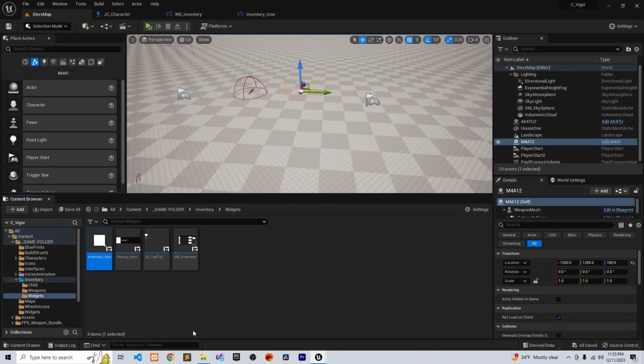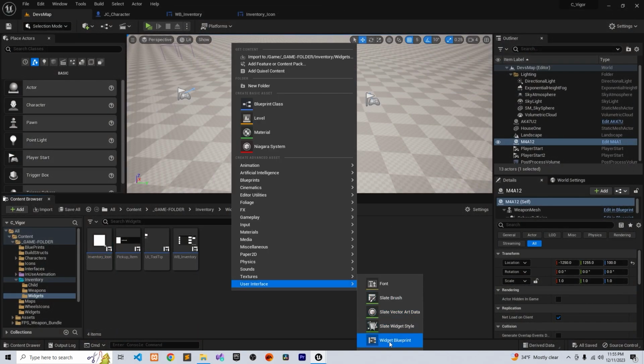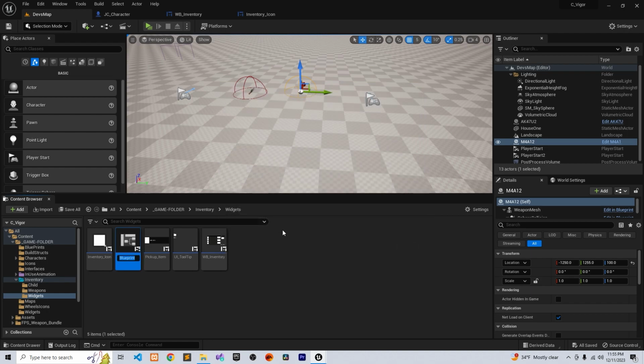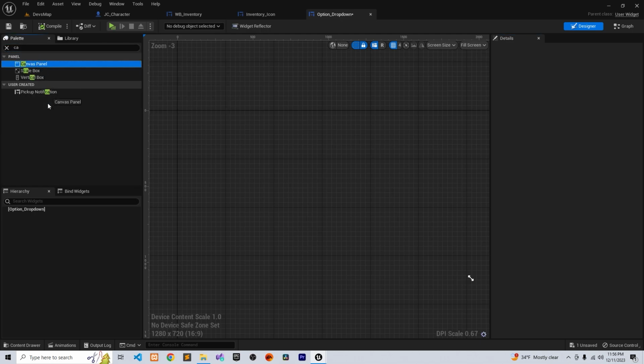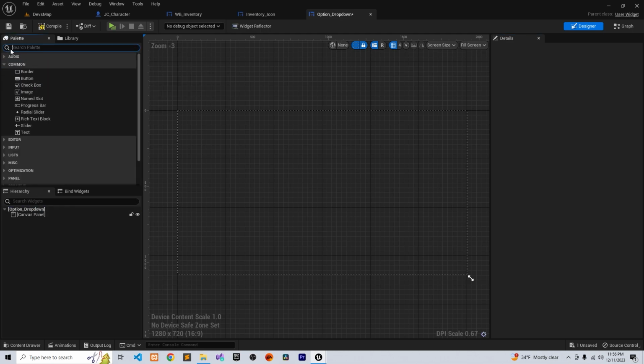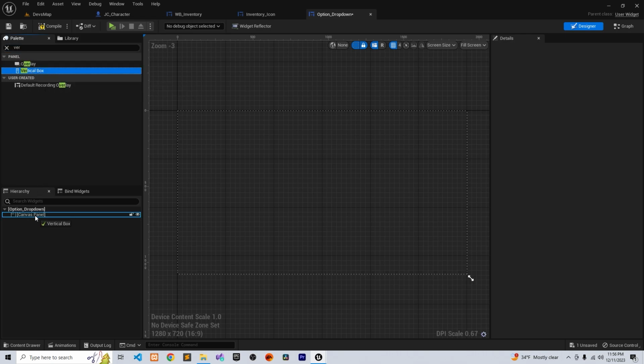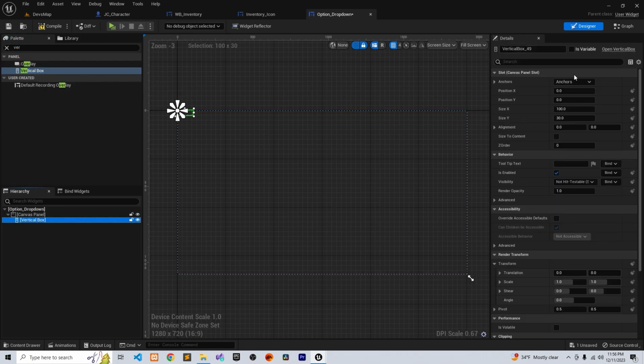So the first thing we're gonna do, let's create the widget first. Option drop down, add a canvas panel, and add a, no, not a border, vertical box. Make it fill,